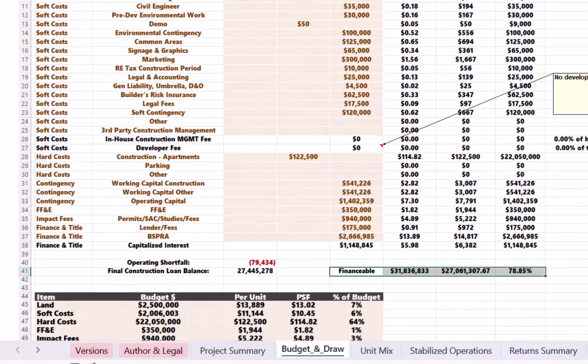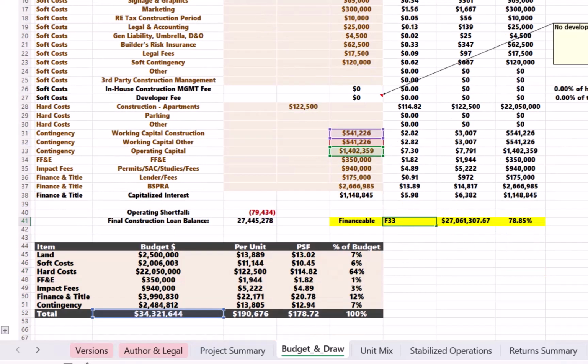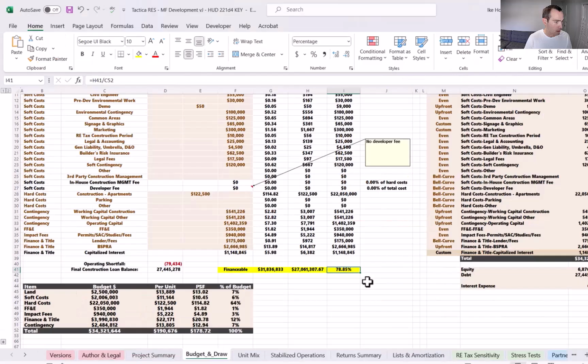We talked about this in depth in the HUD 221D4 conversion video, but basically all I'm doing is taking all of these costs, and subtracting out the contingencies, the cash contingencies that are reimbursable, aren't financeable. So $31.8 million is financeable. If we get an 85% loan, the potential loan proceeds would be a hair above $27 million. The true LTC, once we count the cash contingencies you need, is